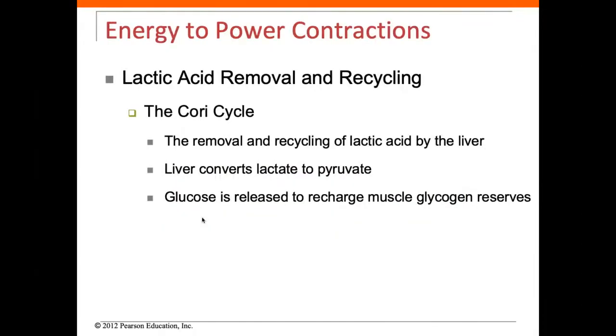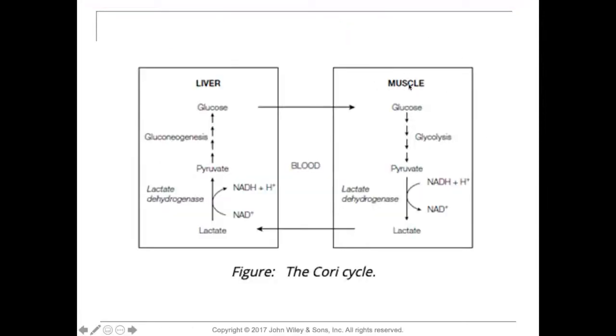So when lactic acid is recycled, we call it the Cori cycle. The removal, the recycling of lactic acid by the liver. Remember, I said the liver is being utilized to convert lactic acid back to pyruvic acid. And glucose is released to recharge muscle glycogen reserves. So here in the muscle, we have glucose that can be converted into pyruvate. Pyruvate, as you're exercising, when you become anaerobic and there's no oxygen available, pyruvate becomes lactic acid,